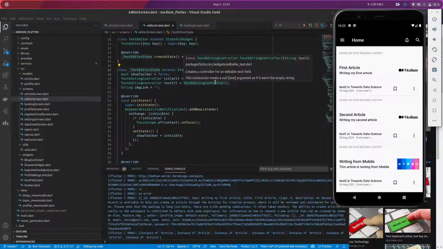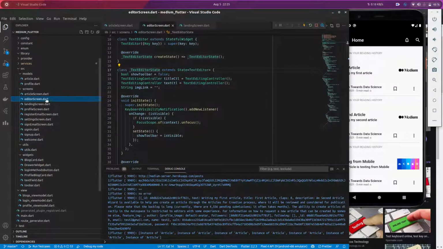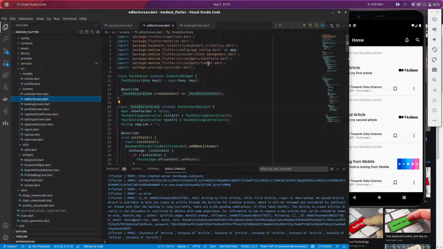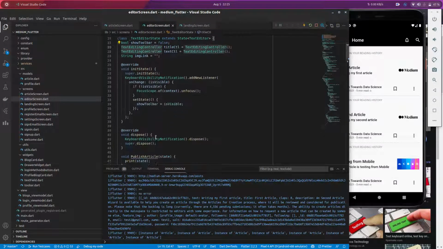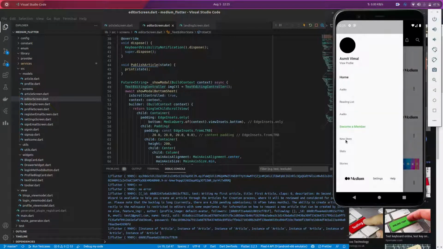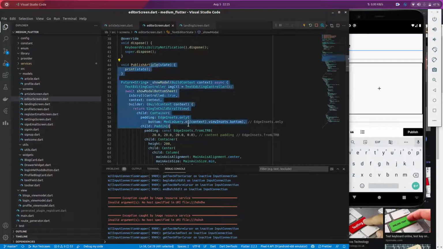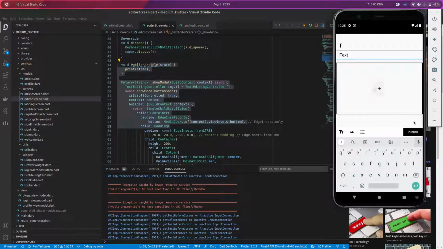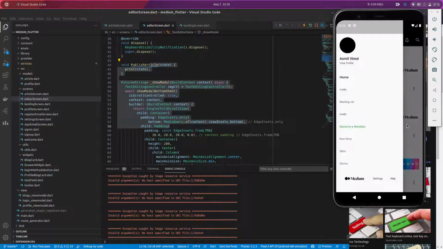Let's talk about the third one now, the editor screen. I will show the editor screen. It's a bit different. I have used some packages like text field and text toolbar for this screen. So when you add names to it, this editor screen opens, and there is a title, there is a text, there is an image that you can add, and when you click publish, the article gets stored and populated here with all the data.